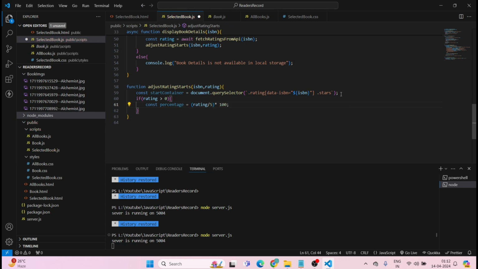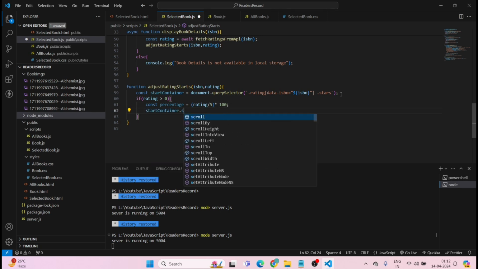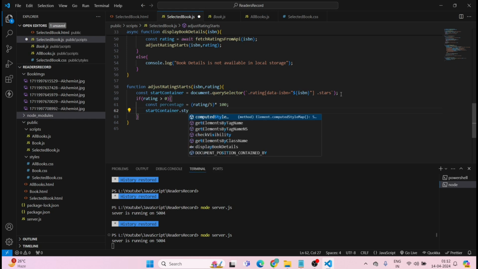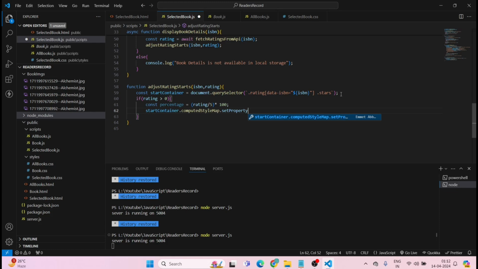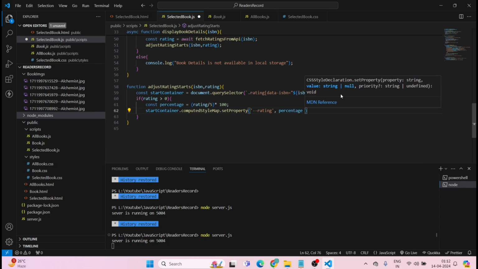Okay, and I will show you what I am doing, but first we will finish with this. starContainer.style.setProperty, double hyphen rating-percentage, concat with the percentage sign. Okay,